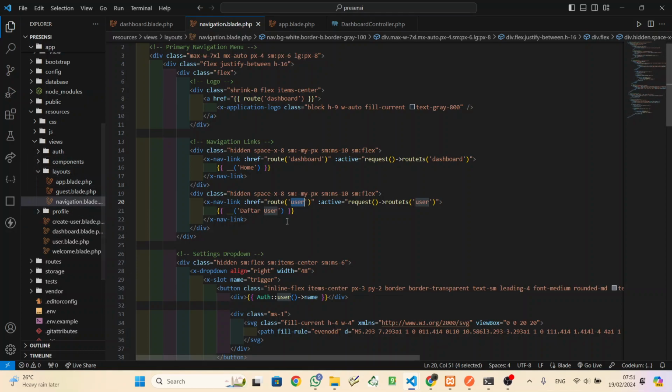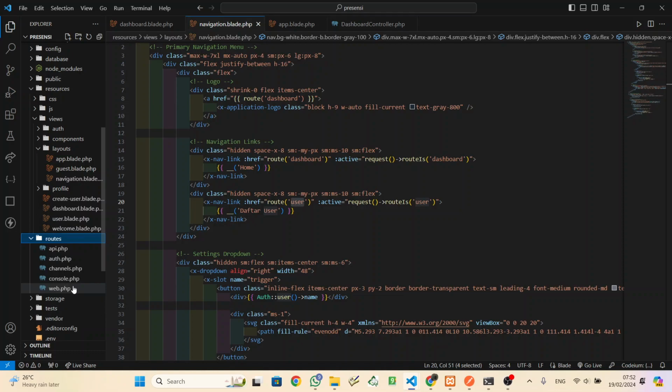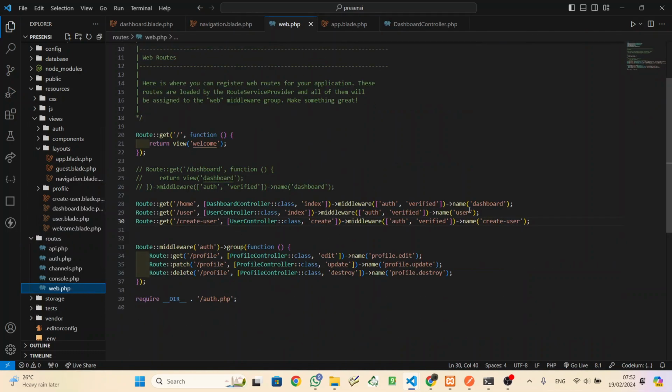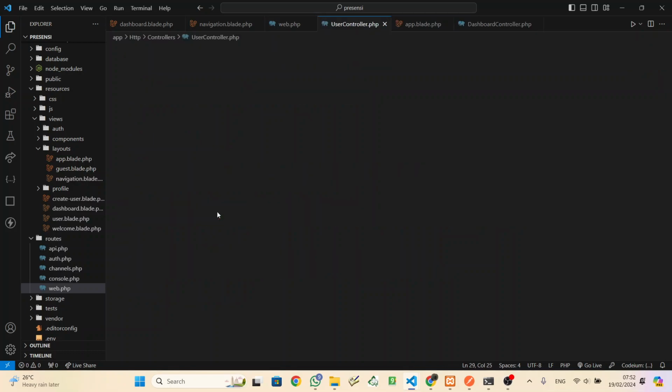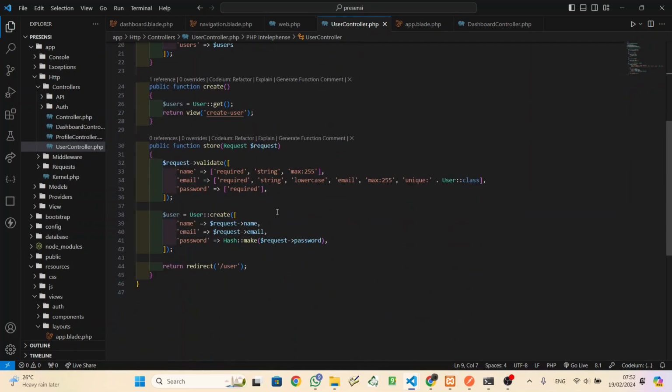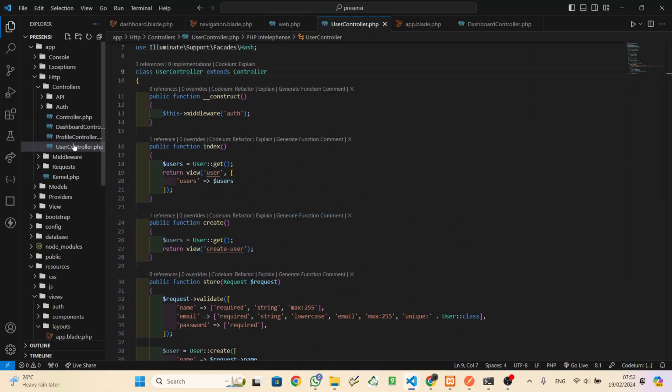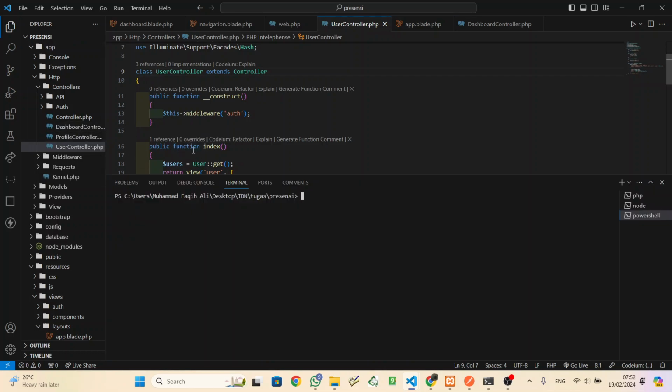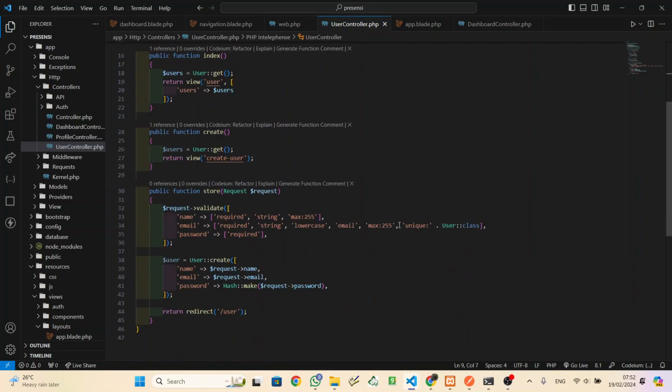Go to the web, after adding the new navigation, and add a new user route, and that user route redirects to the user controller. If there is no user controller here, same like the dashboard controller, make a new user controller. php artisan make:controller UserController.